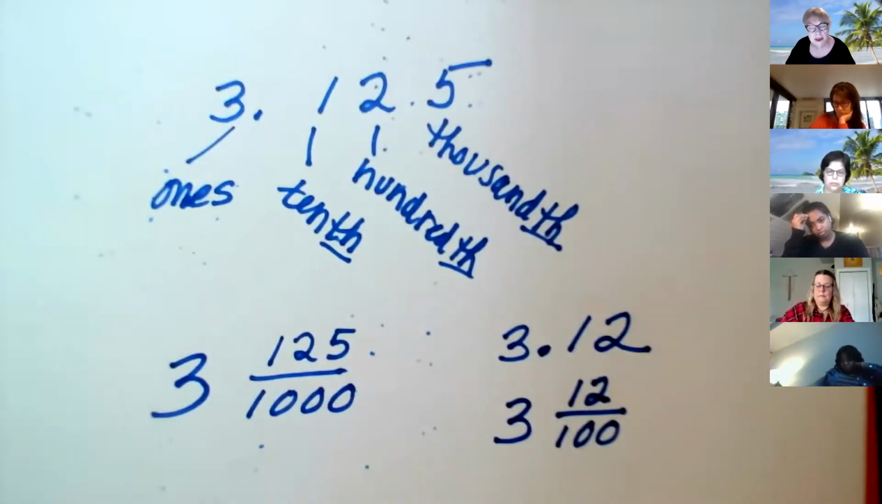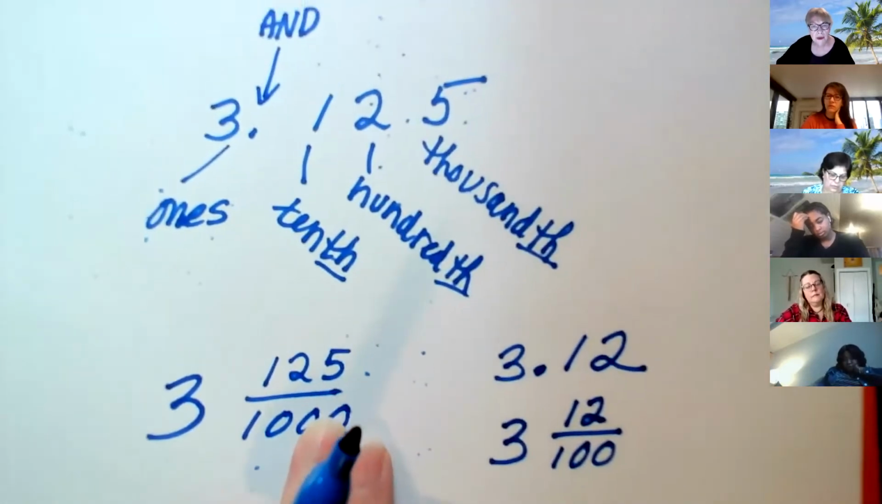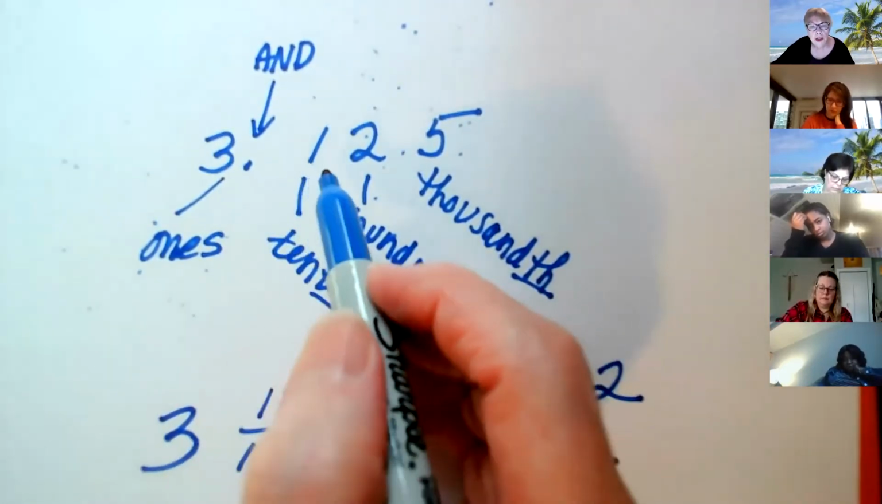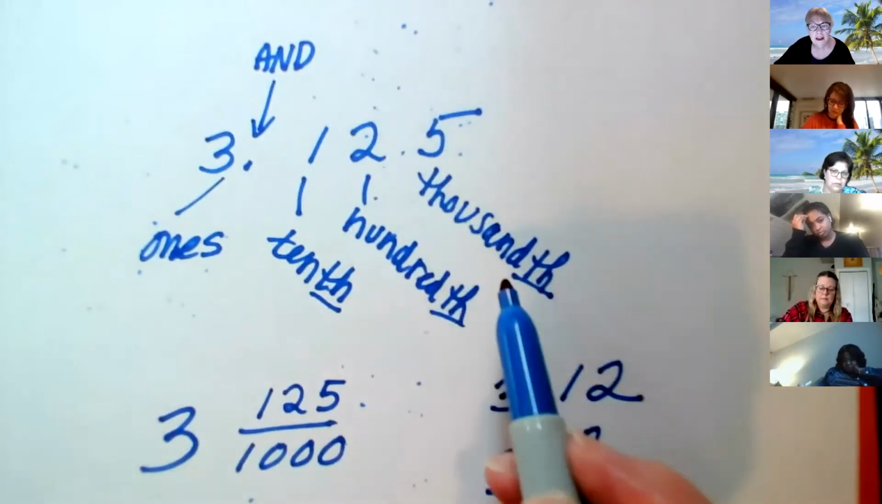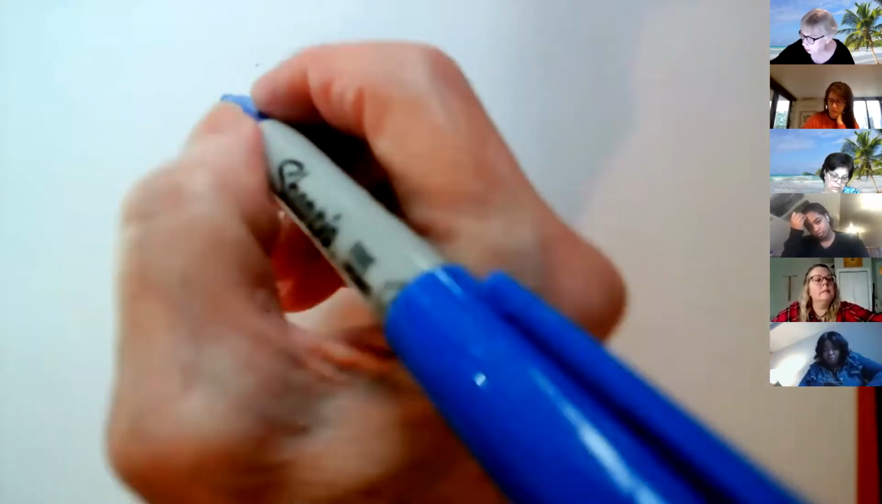Now, there was somewhere in a video that said, be careful about using the word and. And the word and only goes here at the decimal. So this is 3 and 125 thousandths. And there was a mention of this earlier when you had,